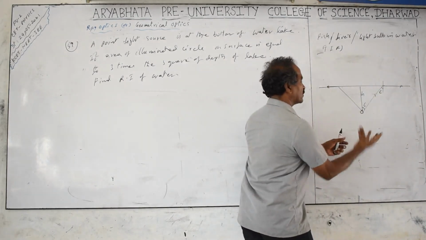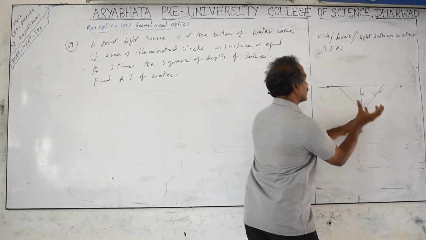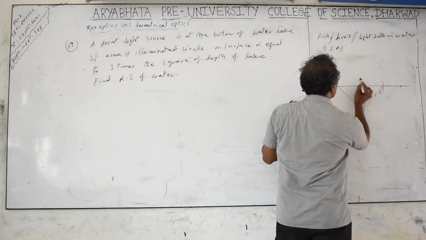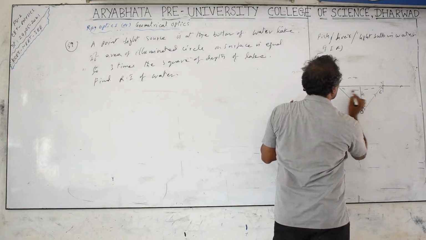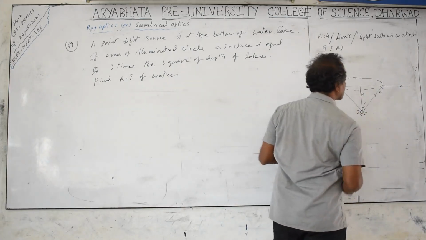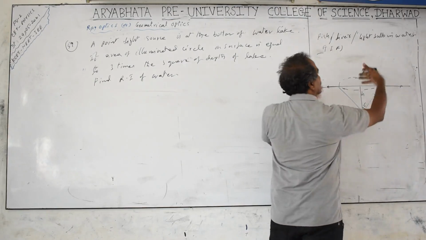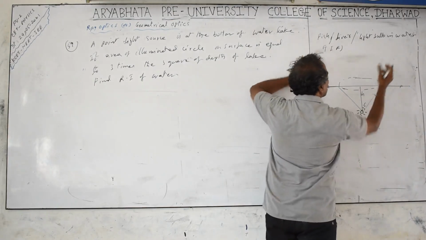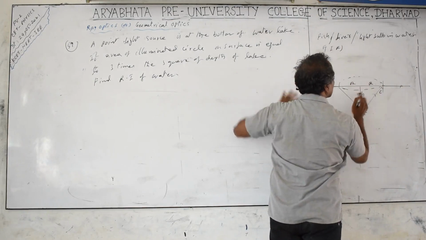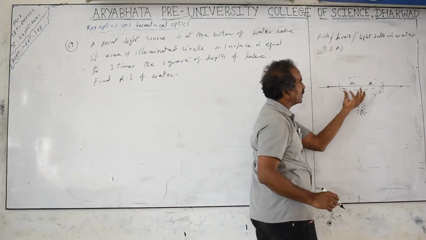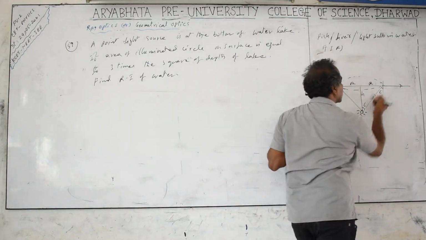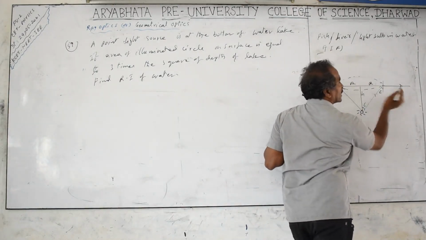If you see the light bulb from the top, light is not seen everywhere. You can see the light only in this area. If a person is swimming in the water at this place, or a fish, it cannot see all places outside. The whole outside world appears only within this surface circle. The radius is r, and the area is pi r square. Within this radius only you can see the outside world completely. This is called the horizon. So the setting sun can also be seen within this circle only, and cannot be seen on the other side.